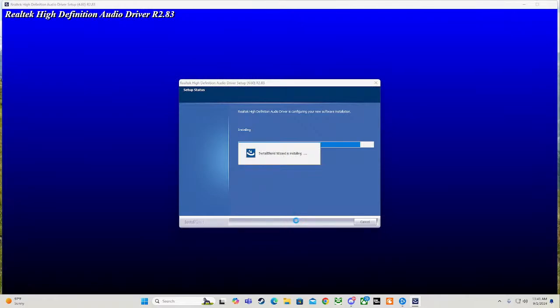If you don't have stereo mix right here, you're going to want to right click and make sure that you have show disabled devices turned on. You're going to right click on it, and where it says disable, it would say enable. So click on that, enable it, and then right click and go into the properties of it. Go into the listen tab, check the listen to this device option, press apply, and change the playback through this device to your HD60 or whatever